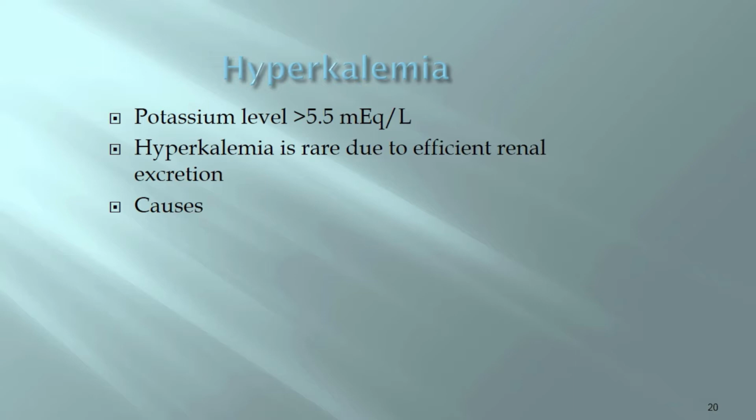So what's causing this? Again, let's think about shifts. A shift from intracellular fluid to extracellular will occur for one reason or another. Potassium isn't excreted enough by the kidneys. And again, insulin comes into play, and insulin deficiency can cause this. Cell trauma: cells burst and release lots of potassium into the intravascular space, the circulation.